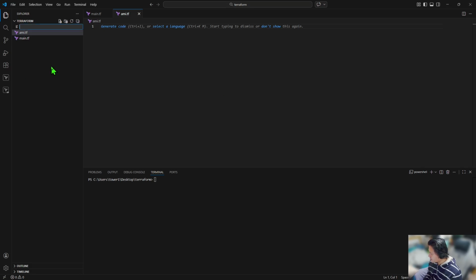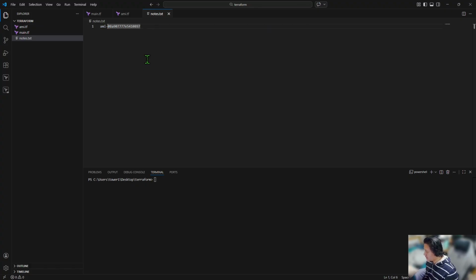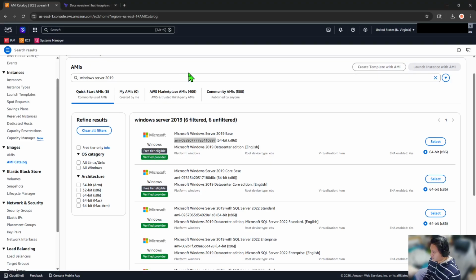I'm going to create a text file in my Terraform directory called Notes, just to keep track of things, okay? So I'm going to paste that in, and this is the Windows Server 2019 base AMI. Next, we're going to look for